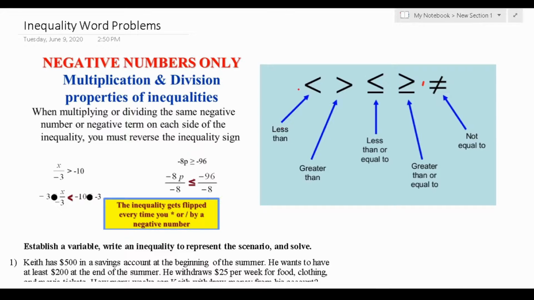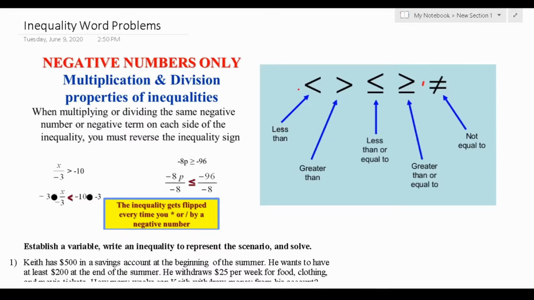As always, it's a good idea to read each problem yourself, pause the video, attempt to work out the problem yourself, and then resume playing the video to see if you and I came up with the same solutions in the same way. To recap things before I get started,